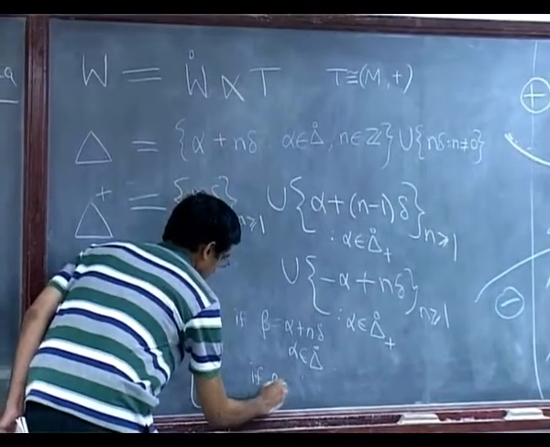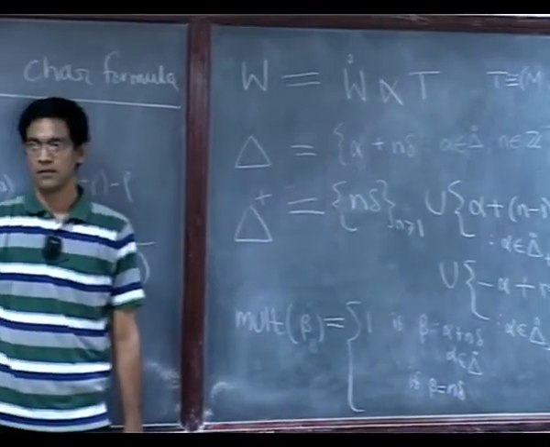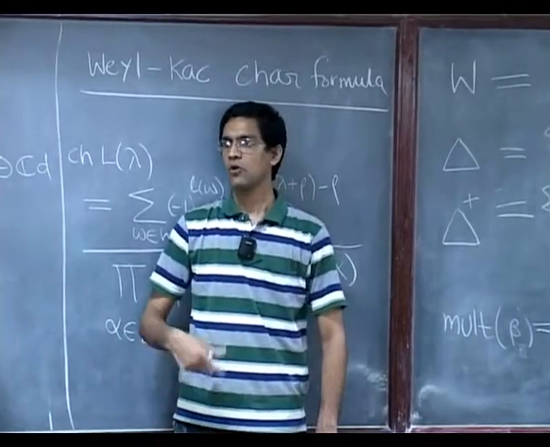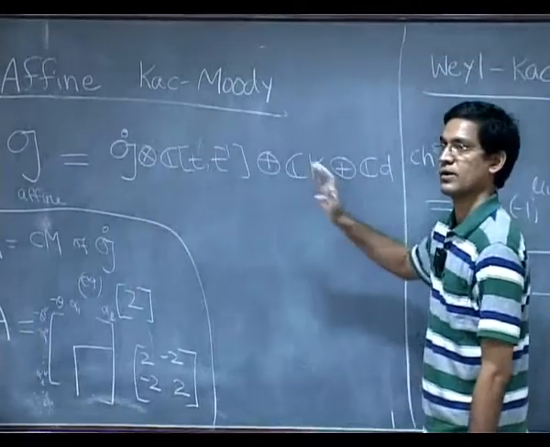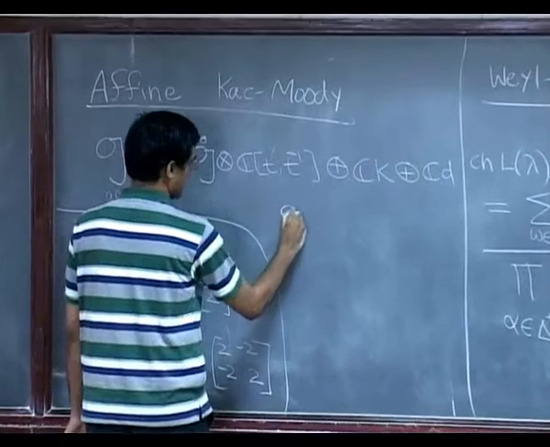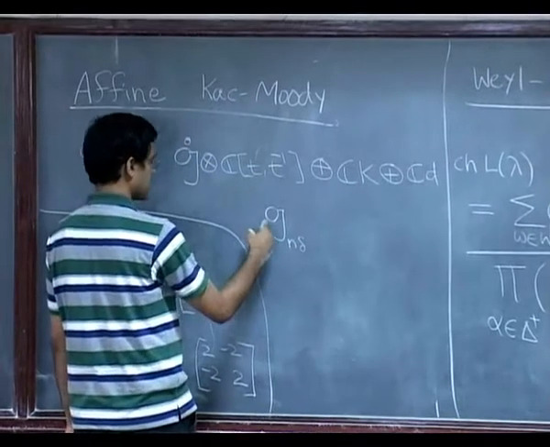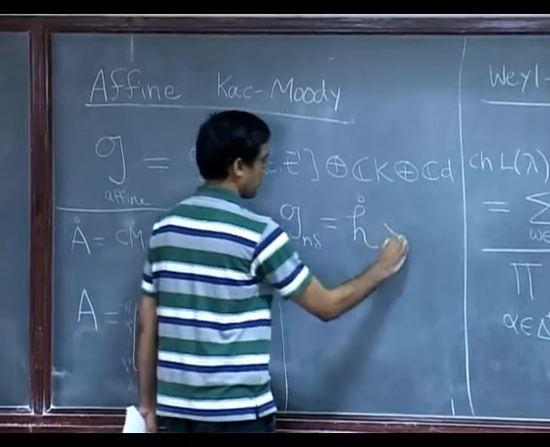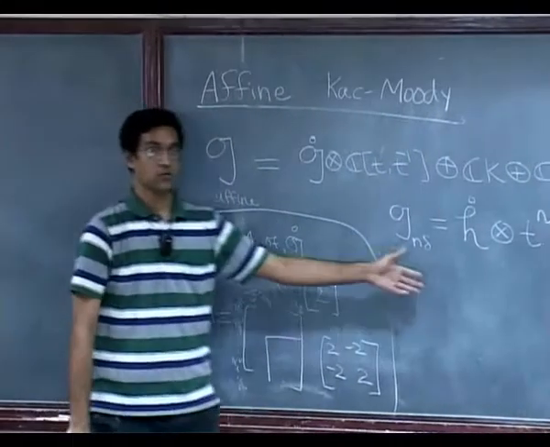So, if beta is n delta, what is the multiplicity? It is the dimension of the underlying Cartan subalgebra. Okay. And how do we, it's not magic, we sort of already know what the root spaces are. So, remember all this came from explicitly decomposing this root space. So, recall that when you take the Lie algebra G and ask for its n delta root space, that was the following: you take the underlying finite Cartan and you tensor T to the n. Okay. So, recall this is how that root space was constructed.